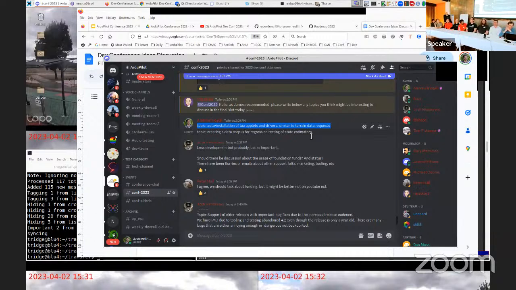The second topic we had came out of a discussion with John Challenger earlier, and also the state estimators with Rob Mahoney and Peter Van Gore and Sean Gee. Creating a data corpus for regression testing of state estimators. I'd love to see a repository somewhere with replay logs, preferably replay capable logs, along with some metadata about, a photo of the vehicle would be lovely, and information. So I've actually got a bunch of these logs already. Philip, I suspect you've got a bunch.